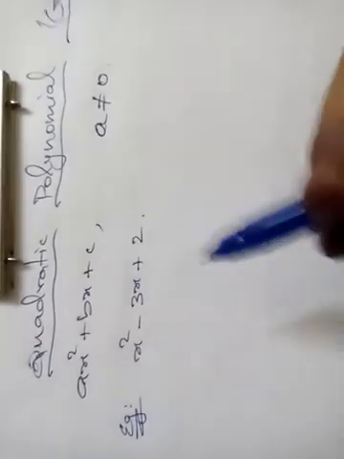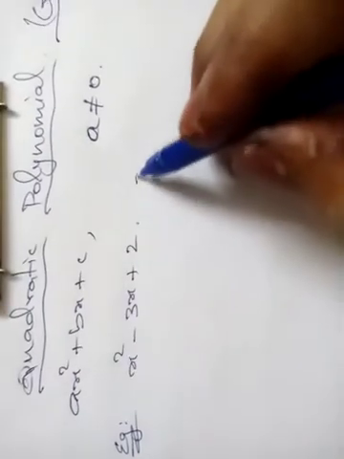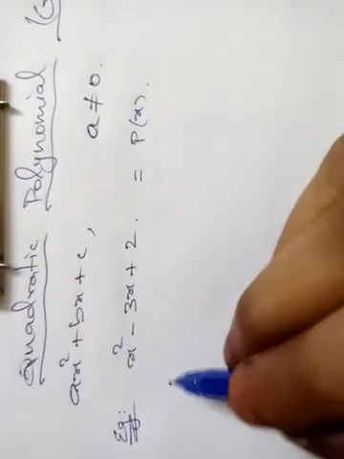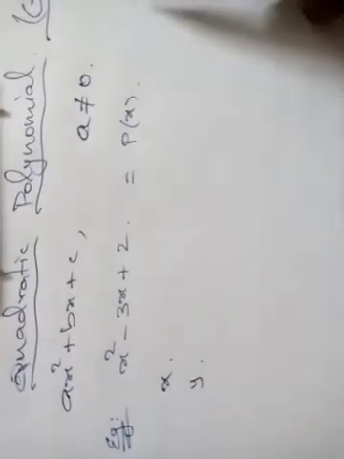Okay. Now, for example, x square minus 3x plus 2. Consider this quadratic polynomial. Now how to draw the graph of this polynomial? Now I am taking this as p of x. Now I am giving x values, and corresponding to that we will get y values, right? That is p of x, which is equal to y also we can take.